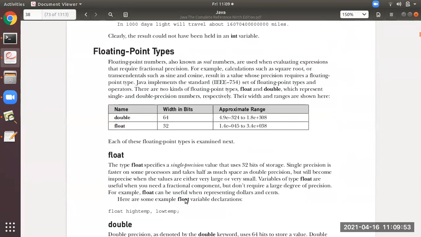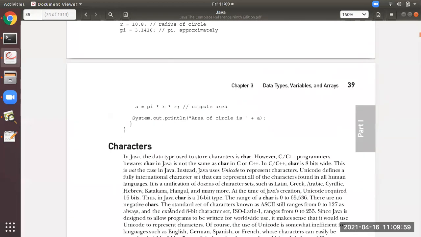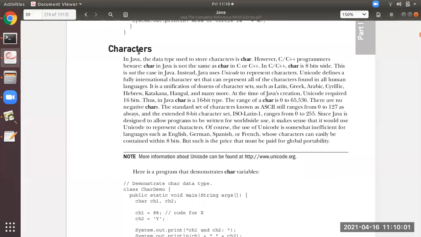Then floating point has 2 data types: float and double. Float has a size of 32 bits, double 64 bits. Then character is another data type in Java, which has 16 bits, whereas in C++ it is 8 bits. In Java it is 16 bits. There may be a question asked in the viva, why Java has 16 bits. You all should try to answer that.